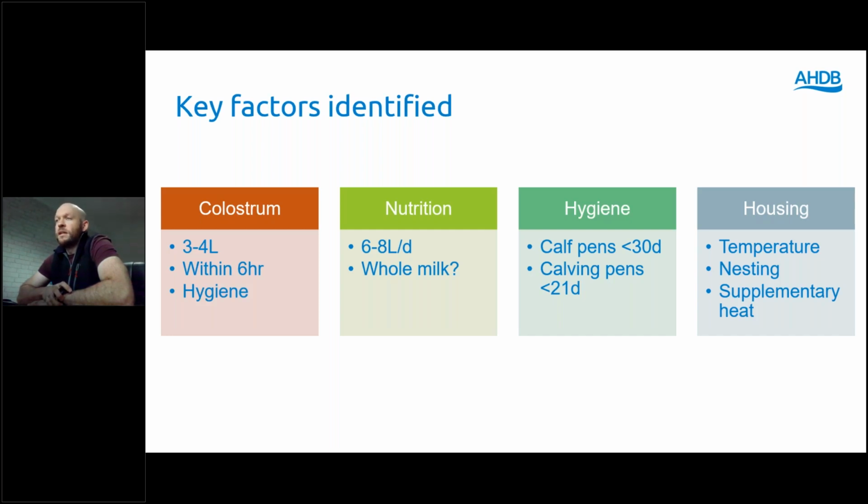levels of colostrum. Similarly with feeding, when you get onto milk feeding as well, lots of people still feeding 4 or 5 litres of milk a day really isn't enough for a growing calf, and getting them up to 6 or 8 litres fairly quickly, and potentially with whole milk as well, although that's certainly worth a conversation with your vet to make sure there's no risk of disease transmission there in terms of Johne's and TB and